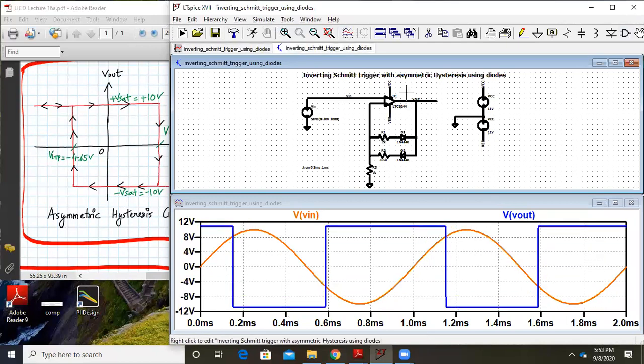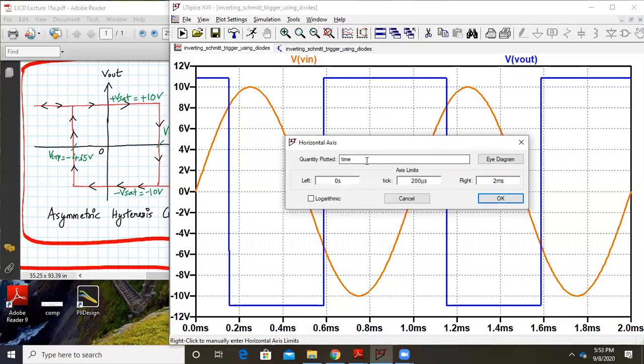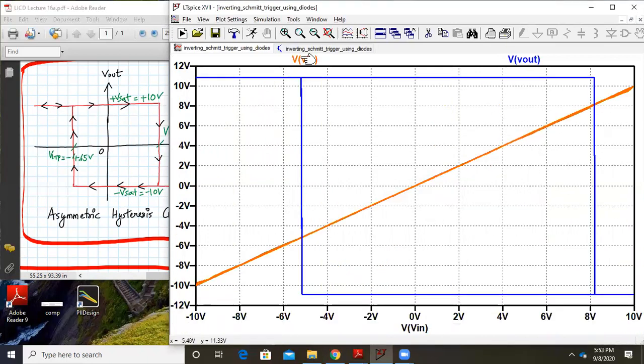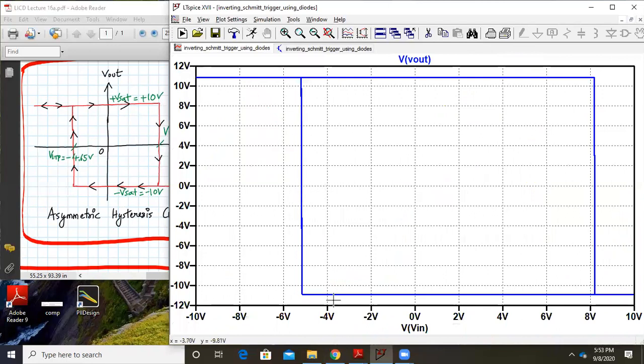See, it's becoming almost flat. And now if I check the hysteresis curve, V out versus V in, if I plot this, see, the hysteresis curve is perfectly matching. Now let's confirm the values of your VSAT, and here you can see around